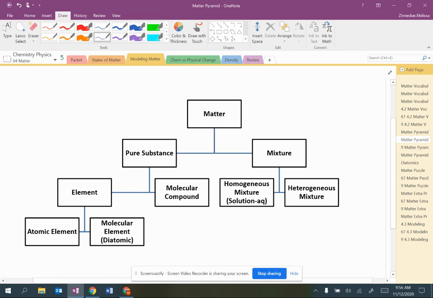Alrighty, guys. So today we're going to talk about how to best organize all of those vocabulary words we have been learning so far. So we're going to use what is called the matter pyramid. So at the top of this pyramid, we have our vocab word matter. Okay. And we can classify everything under this word matter. So everything that we talk about is actually considered to be part of matter because it all has mass